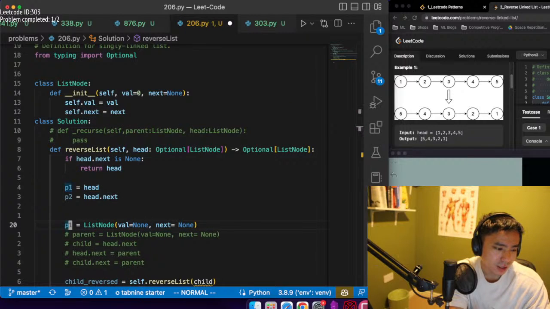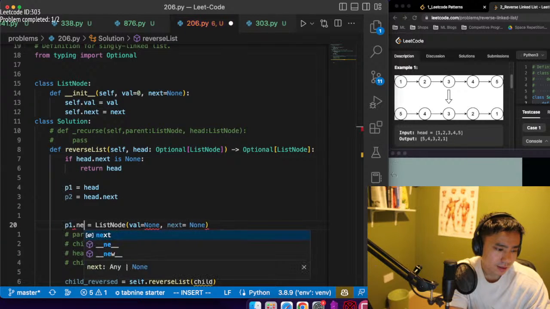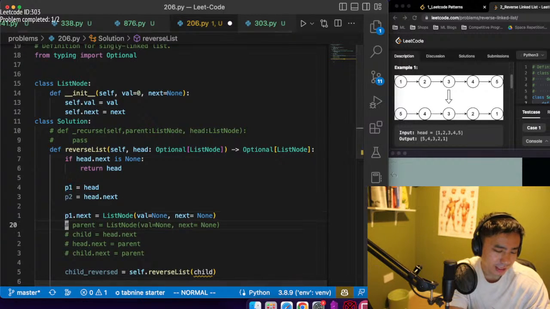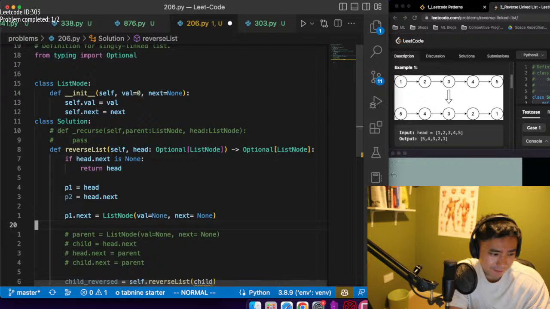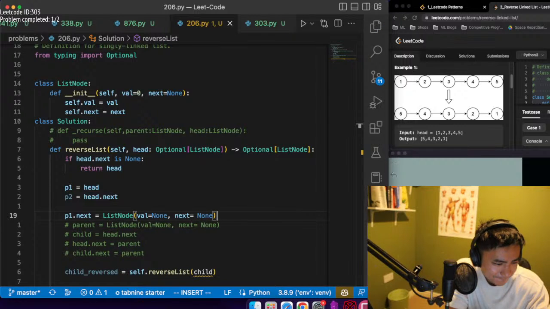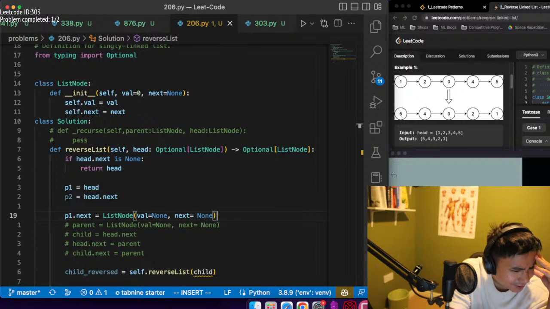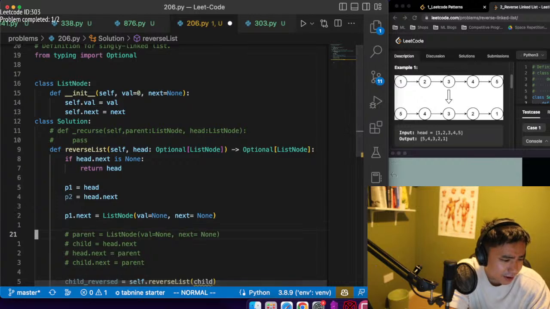Like P1 dot. I really want to do this. Fuck, it's so stressful. I really want to do this, but then what happens? The problem with this, right, is that